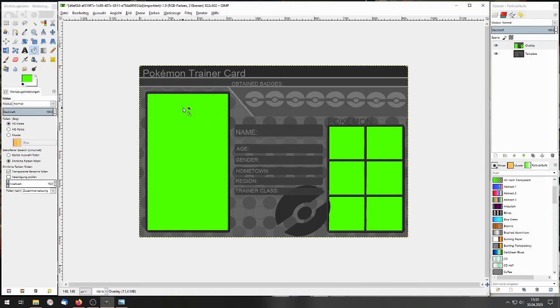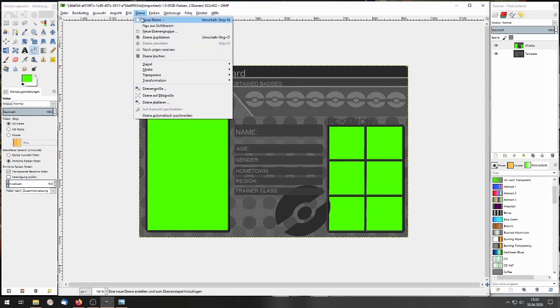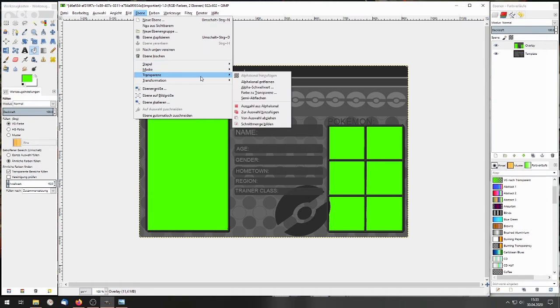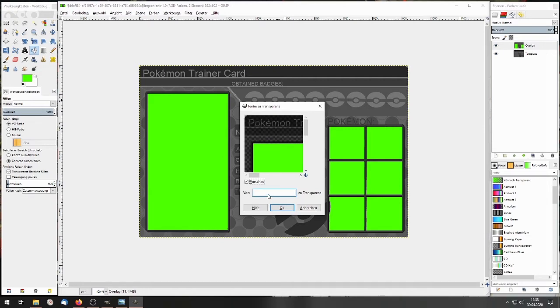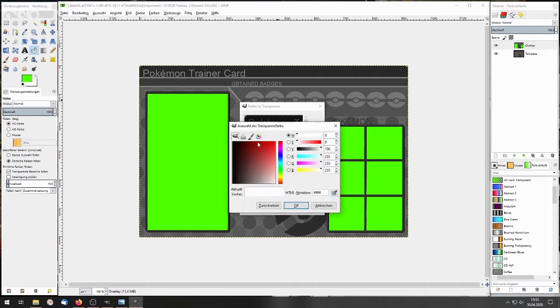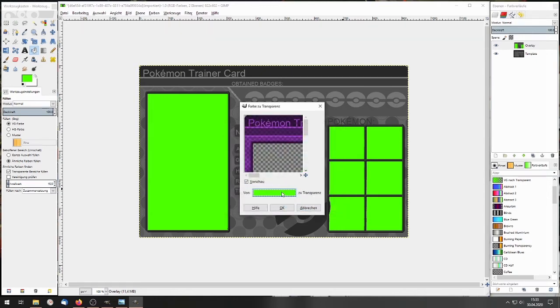Next thing we need is to get the screen parts transparent. So we will go to level and transparency, color to transparency, and this is the part where we need the hex number. You click on this white, so you get into this menu where you once again can pick a color, and the easiest thing is that you put the 4EFF00 here, click on OK, and now it should go this way, and here you see why you should